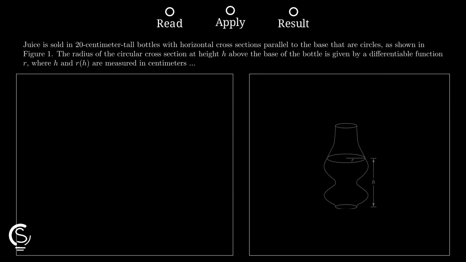The expression 1 over 20 times the integral from 0 to 20 of r of h dh represents the average radius of the bottle in centimeters for 0 less than or equal to h less than or equal to 20. Using a trapezoidal sum with the given subintervals, the integral from 0 to 20 of r of